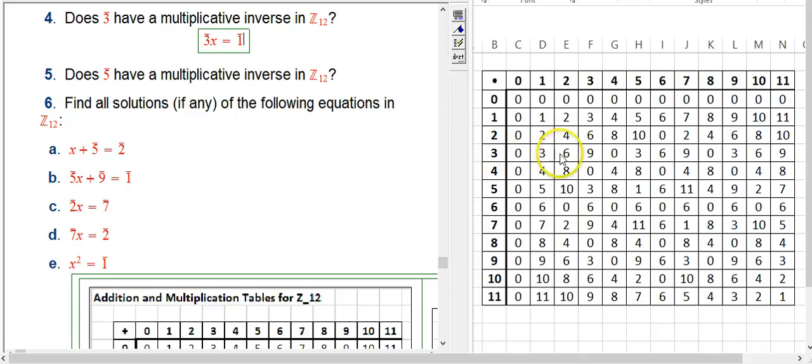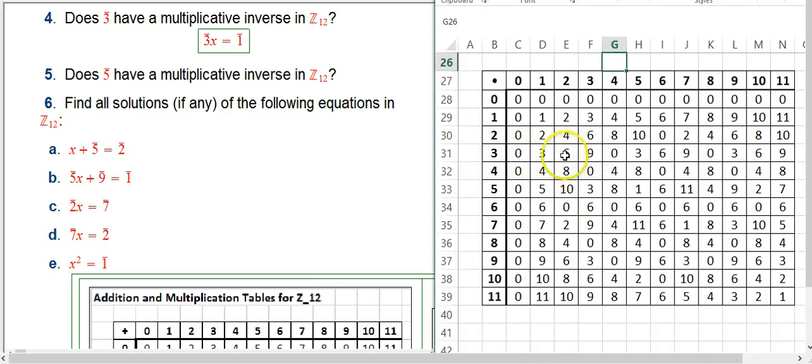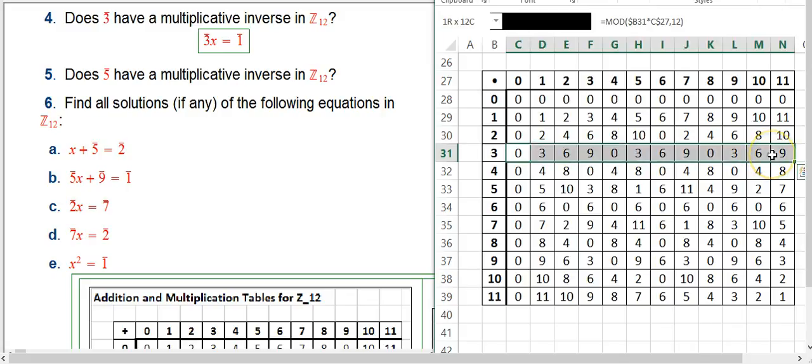Well, that's easy to do on the table. You just look for a 1 in that row of 3s. This is all the 3 times x's it could ever possibly be. And we notice, there's no 1 here. There's something else you can notice about all these numbers. They're all multiples of 3. Well, duh. But the thing is, if you look at this row, like the 5s, we'll do that in a second,